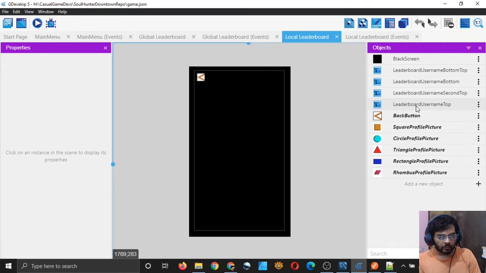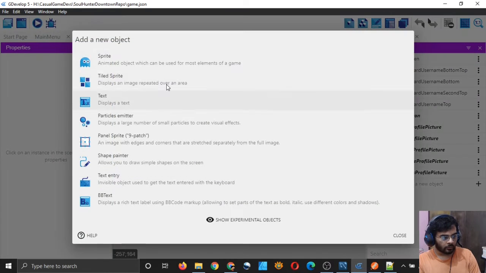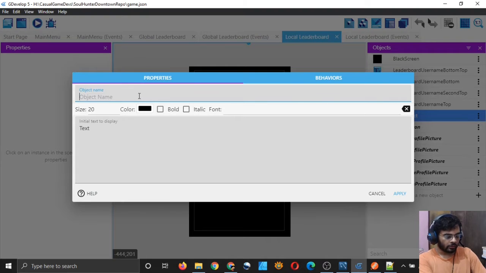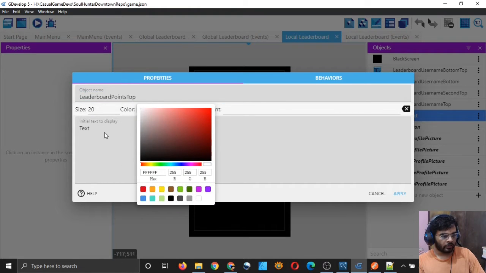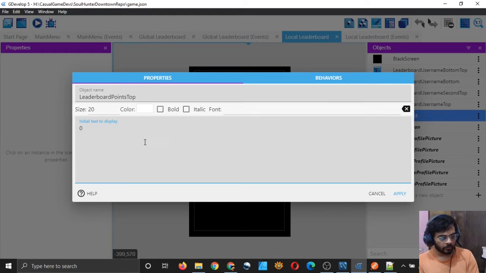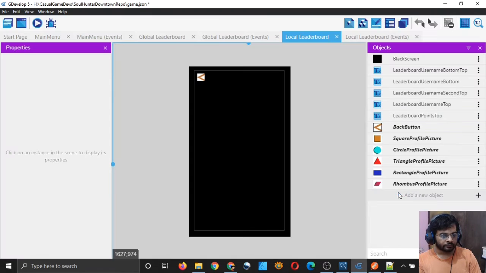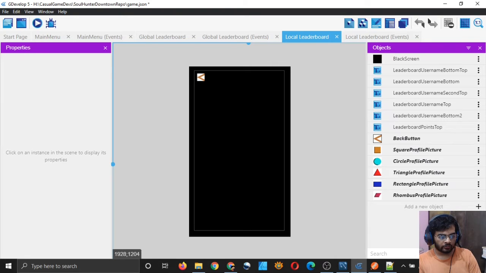So I need points field also, so add a new object and call it leaderboard points and top, and size should be 20 only, color white, and points can simply read 0 by default, right? And then duplicate it. Oh shit, what did I click?